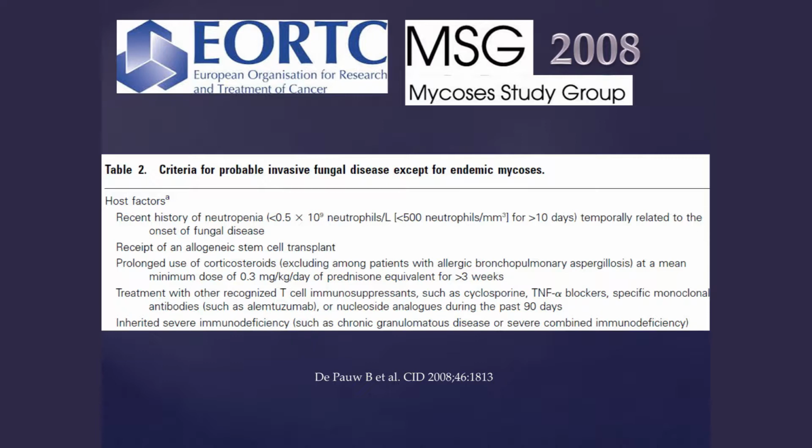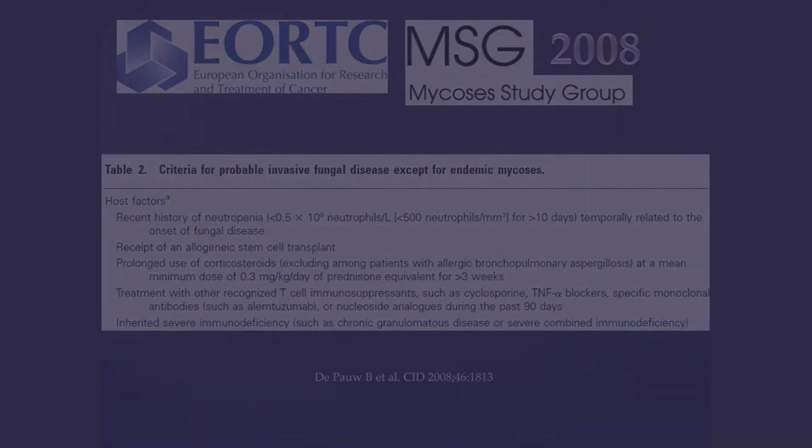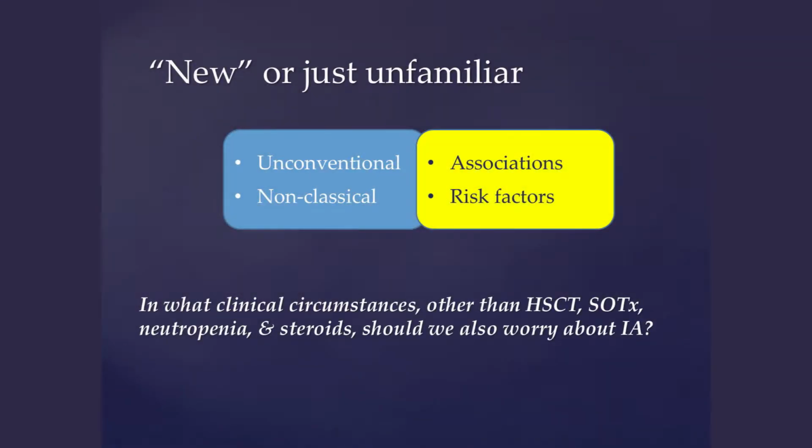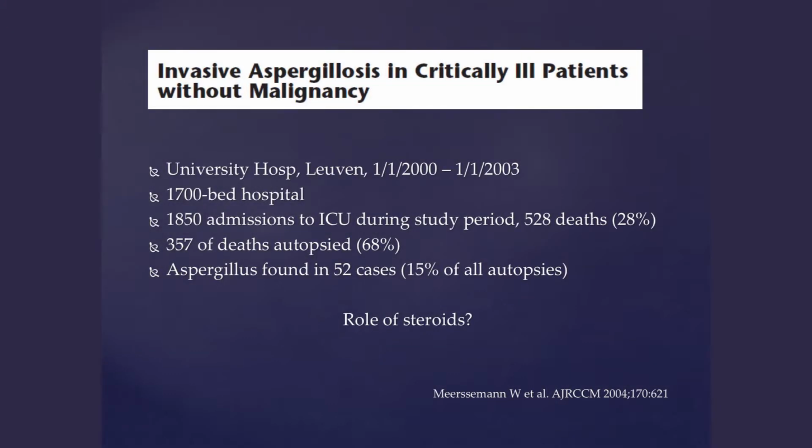So be that as it may, what I think I'm being asked to address, and what is getting more and more topical in the literature, though it's not burning quite like Candida auris, is that we are trying to look at certain conditions or associations that are not quite conventional, not quite classical, but would certainly also place the person at risk of invasive aspergillosis. In other words, are there patient populations other than our transplant recipients and our neutropenic patients who are also at risk of invasive aspergillosis? And so this is one of the early papers that sparked interest in this atypical